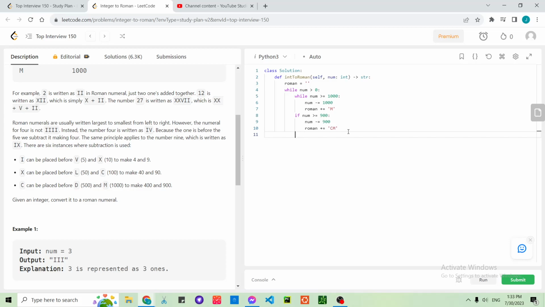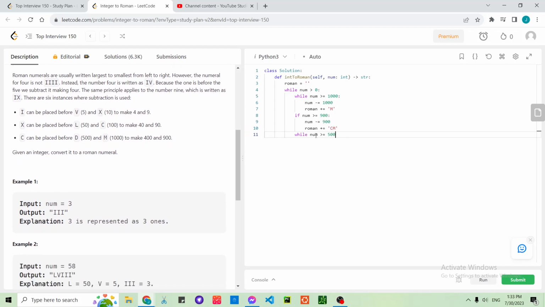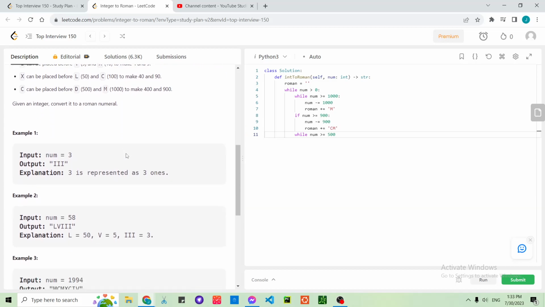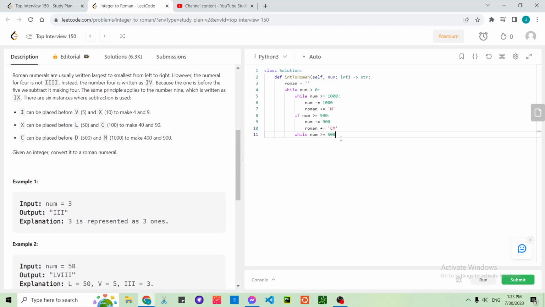So if it's not, let's say if it's 800, what do we do? So 800 is bigger or equal than 500. What do we do then? If it's higher or equal to 500,